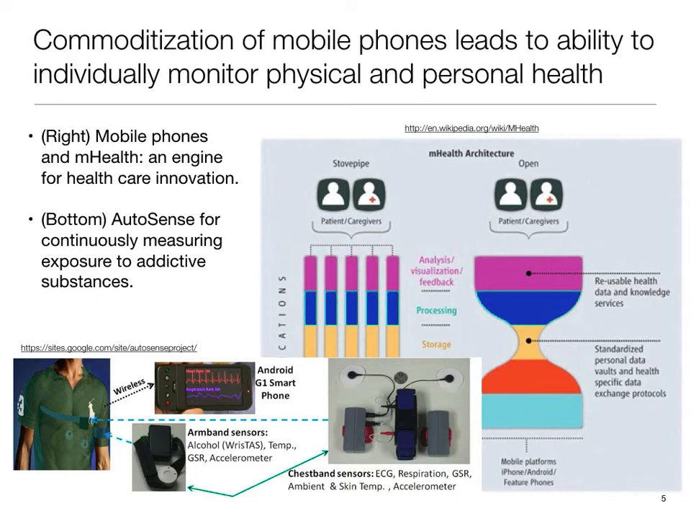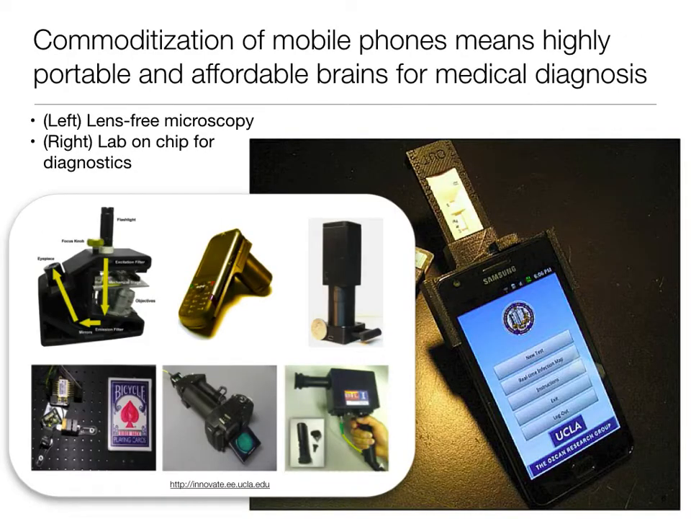So, for example, on the right, there's this mHealth framework that's actually used today for healthcare innovation that allows patients to provide doctors with their current healthcare status with a whole suite of sensors that are enabled. And then also, AutoSense is used for measuring exposure to addictive substances that helps people get over addiction. That's why cocaine addiction was on the previous slide. And of course, in the research you can use these mobile phones for performing some pretty